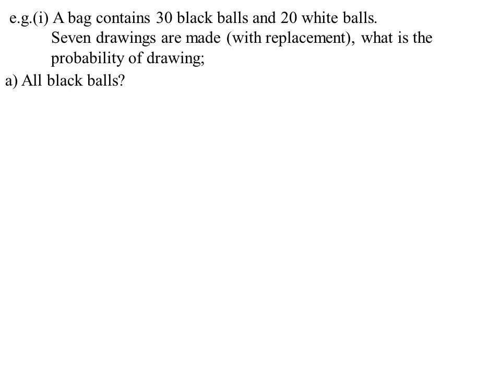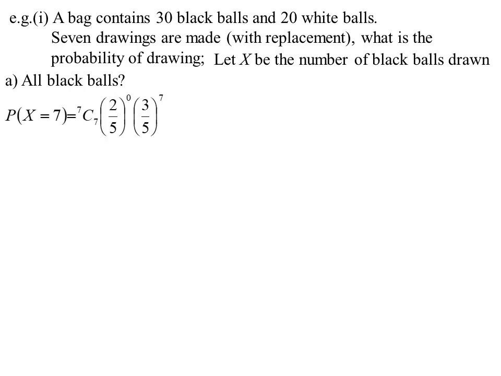We just got to go back to basic counting ideas and things like that. So it's got to be with replacement. All black, well, that one's probably simple, but let's do it using this idea. So X is going to be the number of black balls that are drawn. That is what we're interested in looking at. So X equals 7 will be